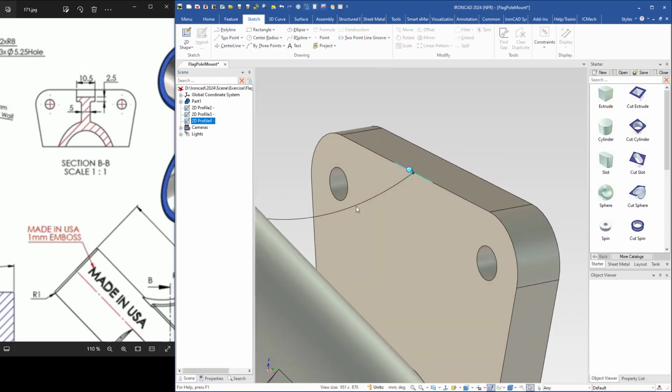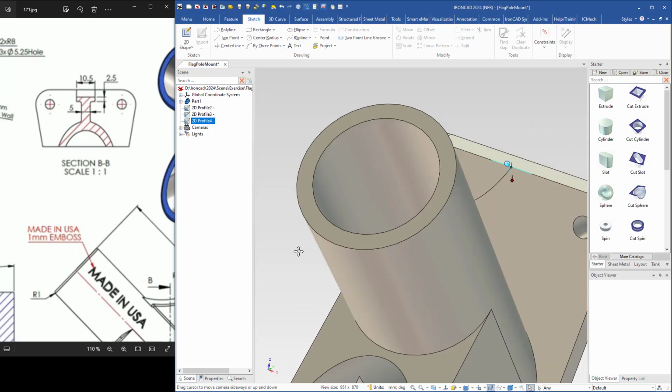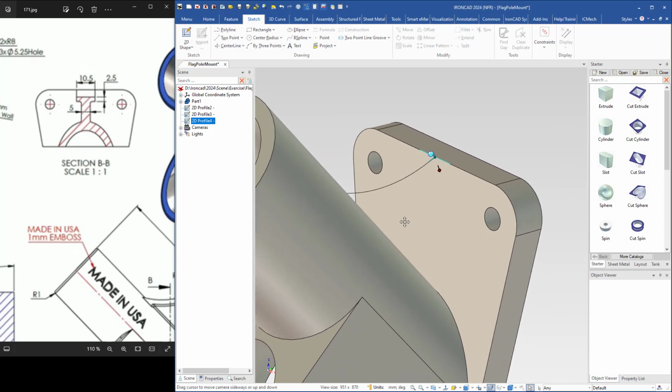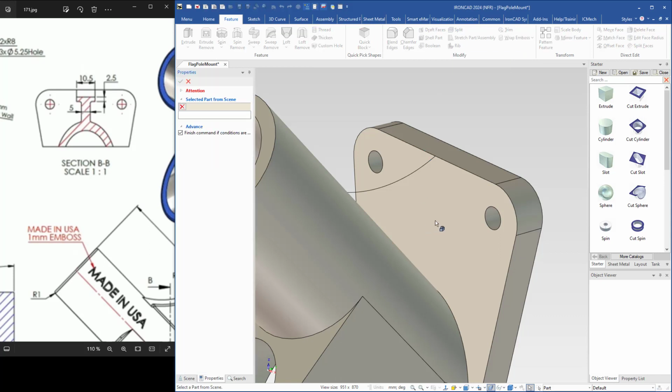So now we have the profile for the curve and also the profile for the upper part of the support or the reinforcement. Let's see now. So first I will go to feature and use the rib feature here. Select the part,